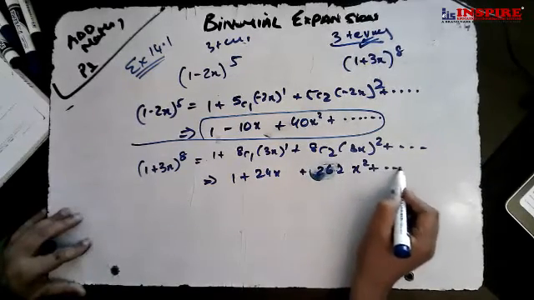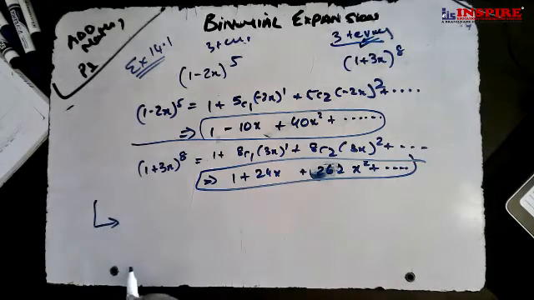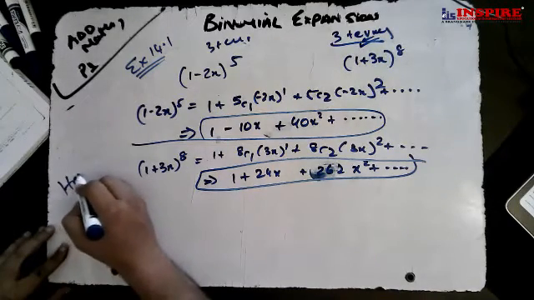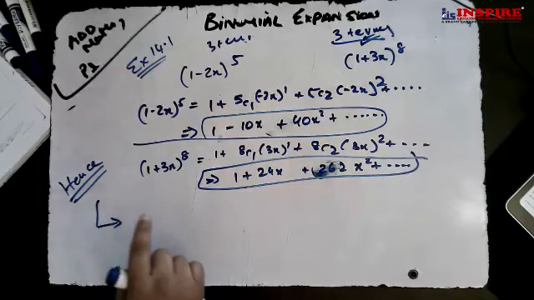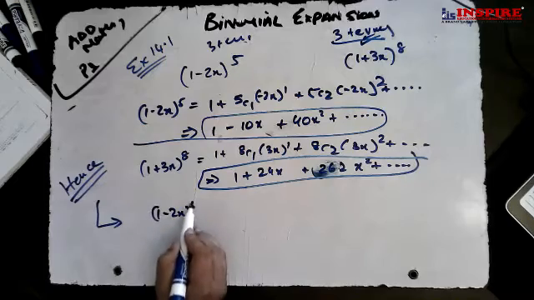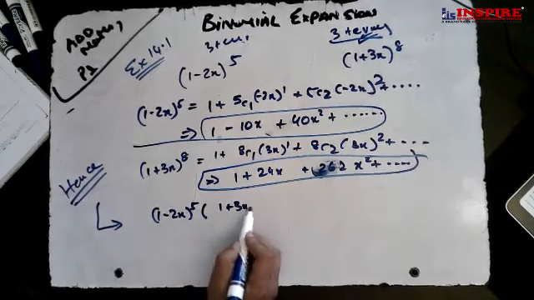262x squared plus dot dot dot. I circle this as well. The second part of the question says, eyes on the board, please. He says hence. Hence means using these. Hence, find the expansion of 1 minus 2x to the power of 5 into 1 plus 3x to the power of